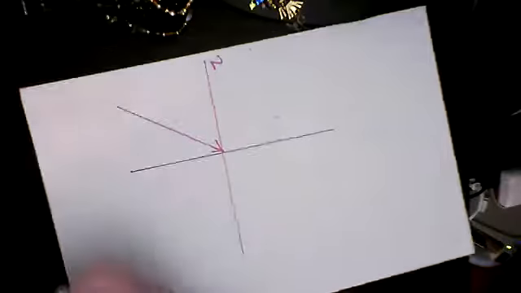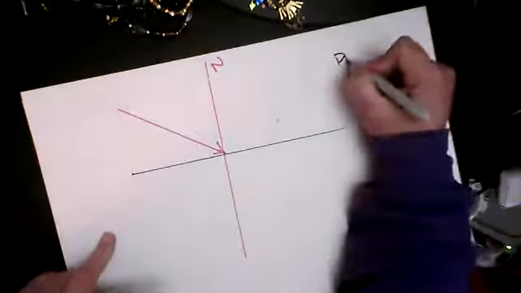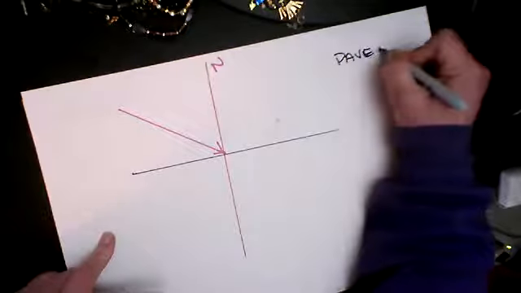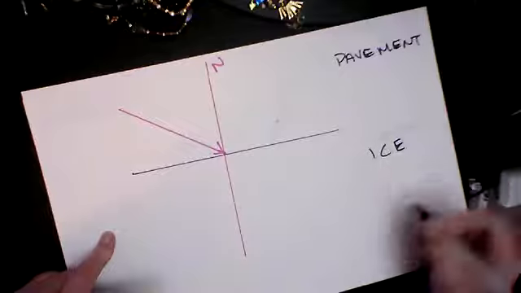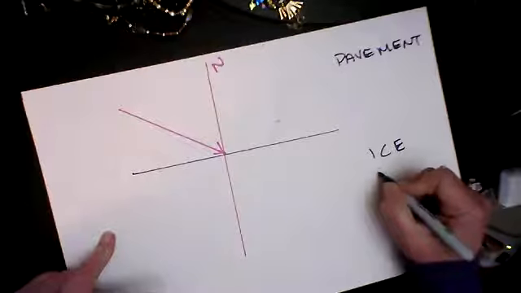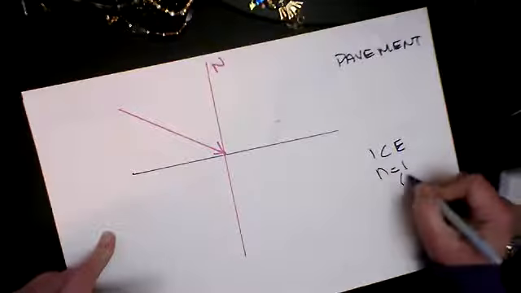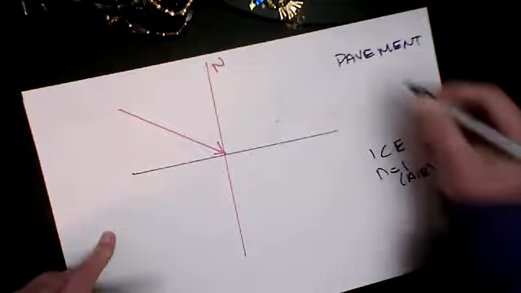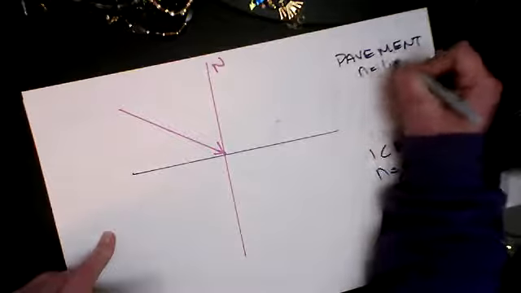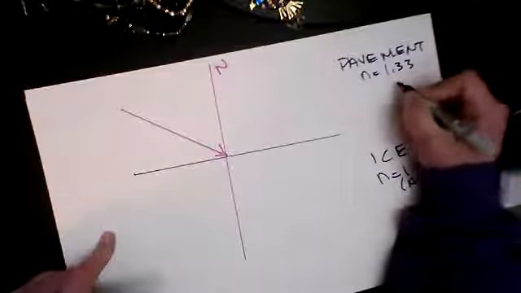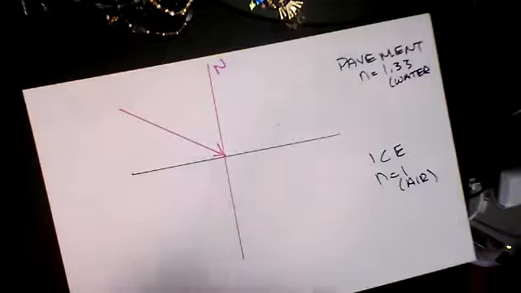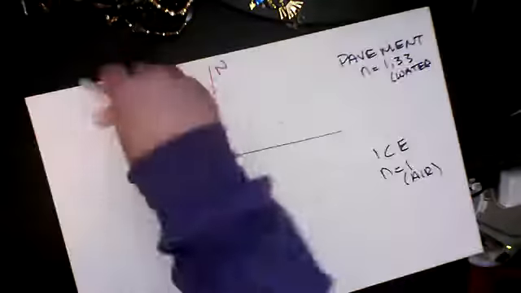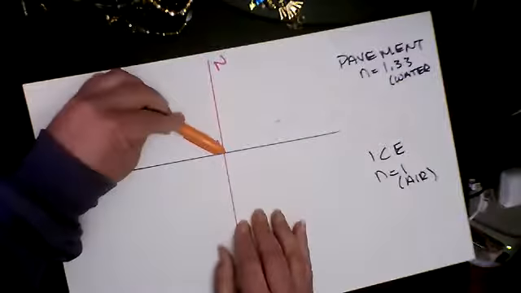Let's think this through. Let's label this again. This is my pavement. This is my ice. So in the example on the other side, ice was n equals 1, which is actually air, and this was n equals 1.33, which is actually water. So here's my car,